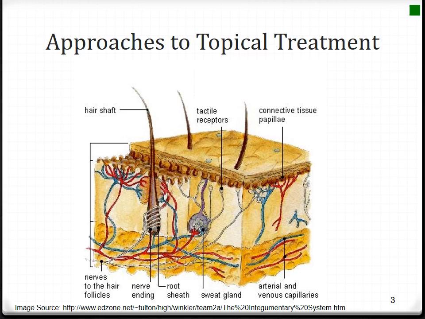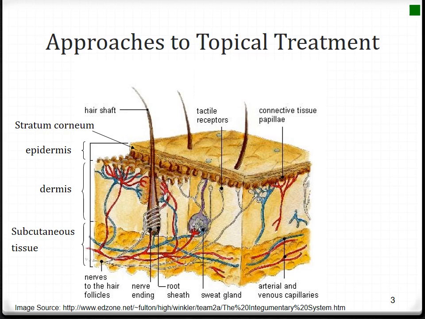The skin is often referred to as the largest organ of the body. The skin has three layers: the epidermis, which is the outermost layer, the dermis, which contains blood vessels, nerves, and proteins such as collagen, and the subcutaneous tissue, which is the fat tissue and serves as a cushion for the dermis and the epidermis. The outermost layer of the epidermis is the stratum corneum, which is made of dead skin